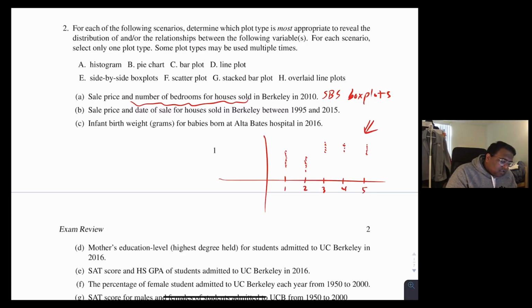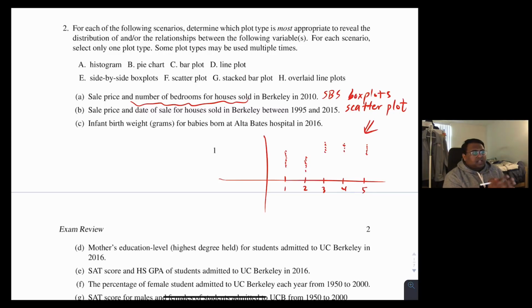Okay, B, the sale price and date of sale for houses sold in Berkeley between 95 and 2015. There we have two continuous numerical values, so a scatter plot seems okay. And it doesn't really make sense to use a line plot here, even though